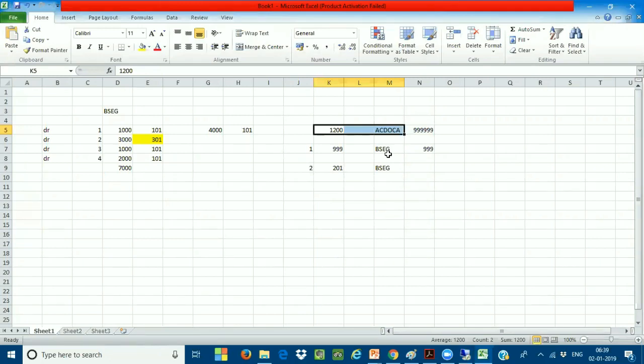But they are introducing a new table called the ECDOCA table. So whenever new postings happen after the conversion or after go-live, all the documents are posted in both the BSEC level table and the ECDOCA table. But for your reporting purpose, every time you have to use the ECDOCA table. The ECDOCA table will give the complete line item level reporting you require. No need to touch the BSEC level table.